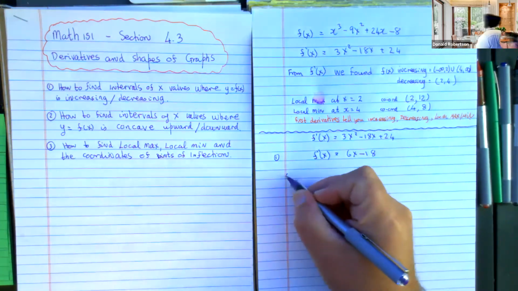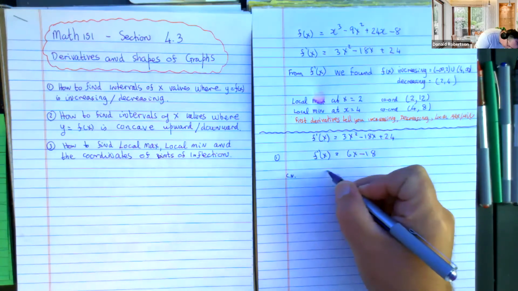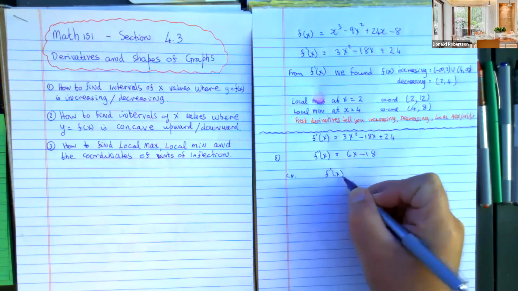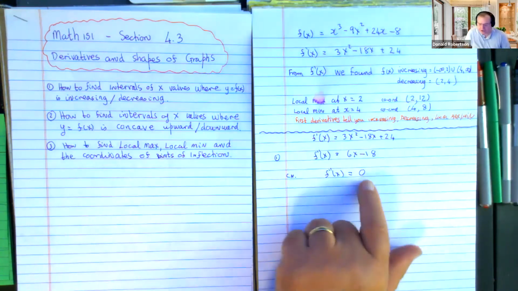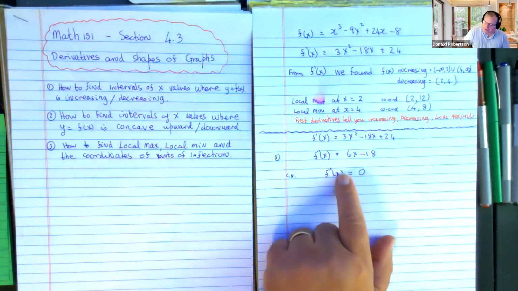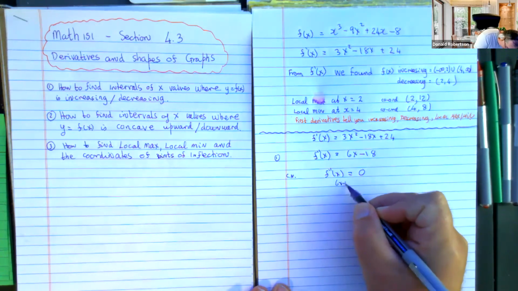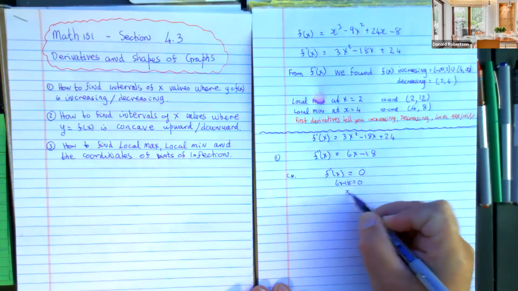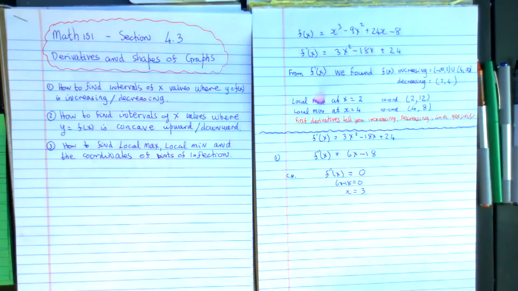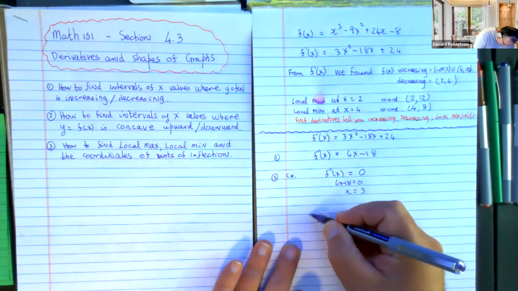You then have to find the critical numbers. Well, the critical numbers of a second derivative are when the second derivative is 0 and when the second derivative is undefined. Would you agree that 6x minus 18 is never going to be undefined? So I'm only going to need to find second derivative equal to 0. And do that in my head. The answer is 3. So we found the critical numbers. What we do now